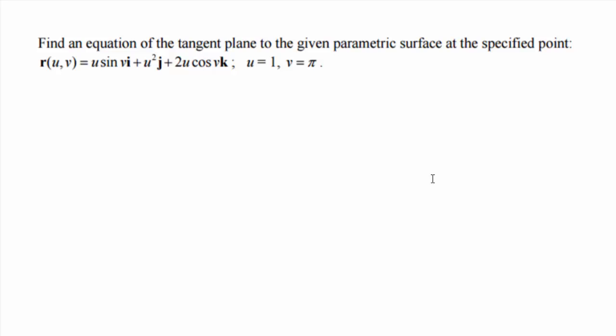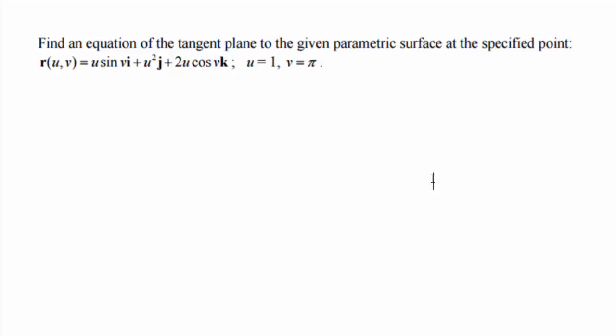So it says find an equation of the tangent plane to the given parametric surface at the specified point. So r of uv has components u sine v, u squared, and 2u cosine v. And the point on the surface is the point you get when you plug in u equals 1 and v equals pi. So right away, I would find that point of tangency, the point where you're going to find the